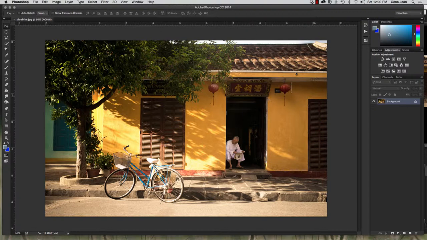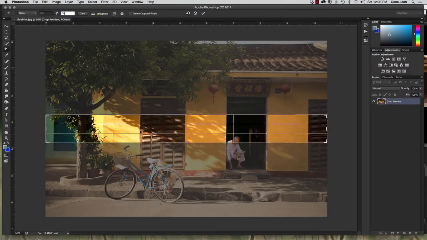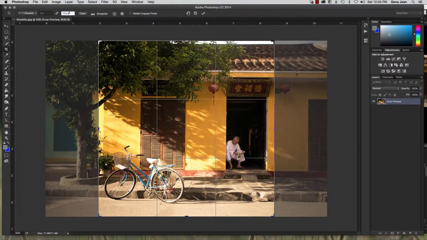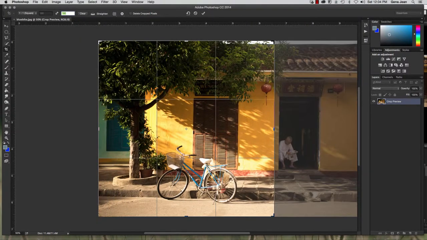So I am going to select my crop tool. Now the thumbnail we're going to create is actually going to be 160 pixels by 160 pixels. So I'm going to type in 160px and I'm going to type in 160px. And you'll notice that the px disappears because it's not necessary here. But the 160 by 160 is actually a square, and so